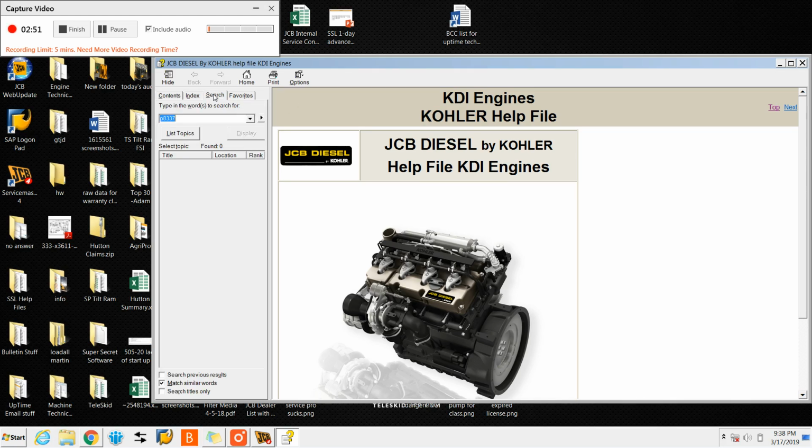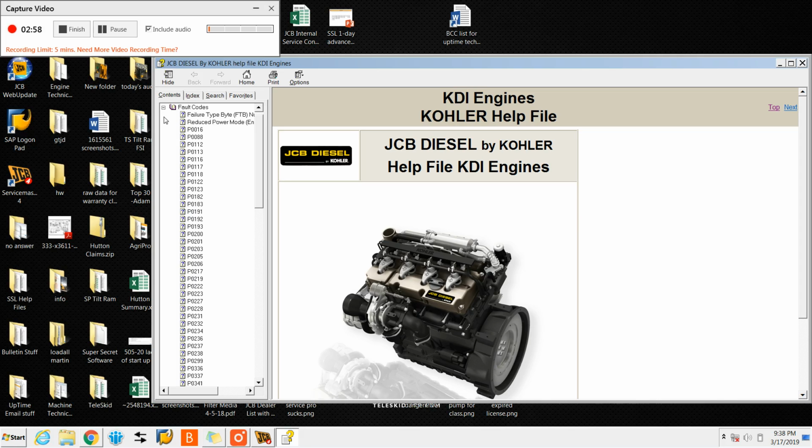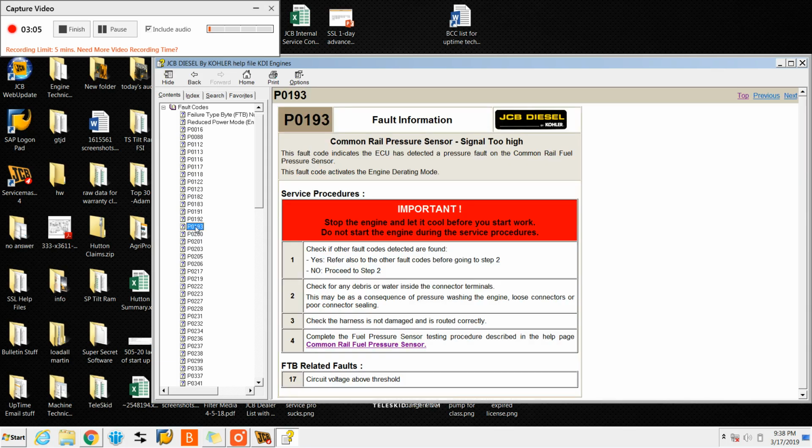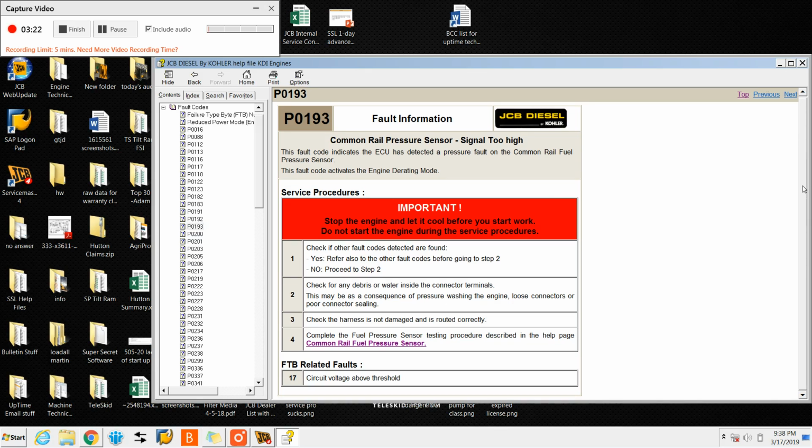So in this section, if the machine was displaying a fault code, you could type it in here in the search bar, or you could expand the contents here for the fault codes and scroll down. We'll pick a random fault code here, P0193, and immediately it's going to display the information. It's a pressure sensor fault for the common rail fuel pressure sensor, and this fault does derate the engine. So if we scroll down, we've got some service procedures,